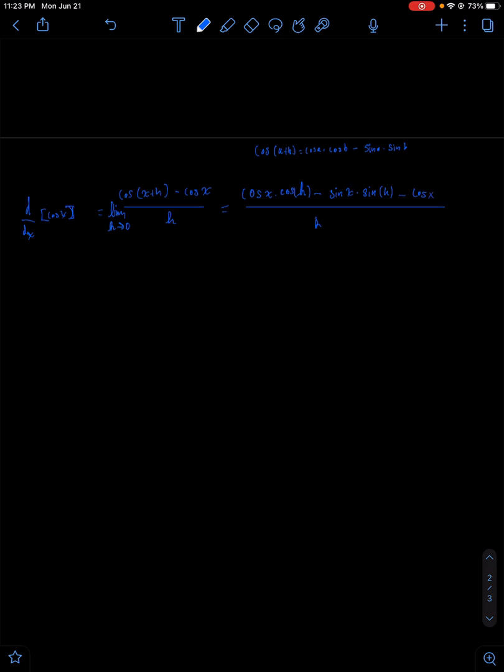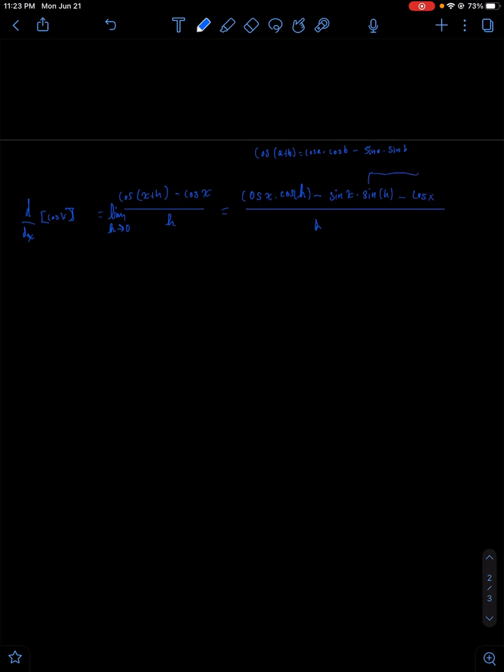Same principle we applied earlier. We know that this has nothing in common, and this has nothing in common. Only these have something in common. So we'll go ahead and factor out the cosine of x. So we get cosine of x times cosine of h minus 1, minus sine of x times sine of h